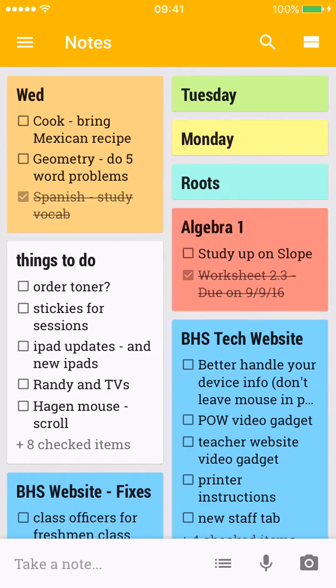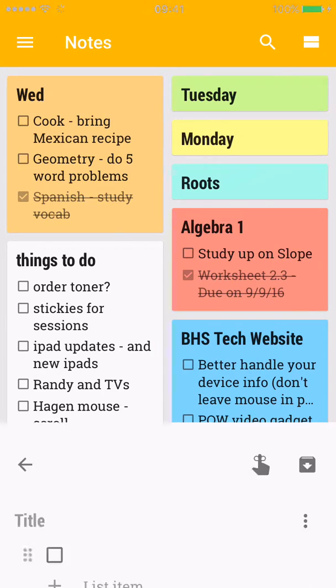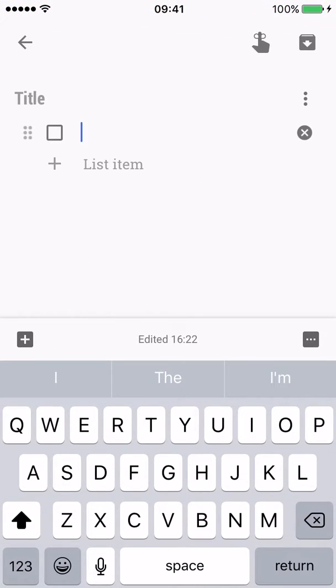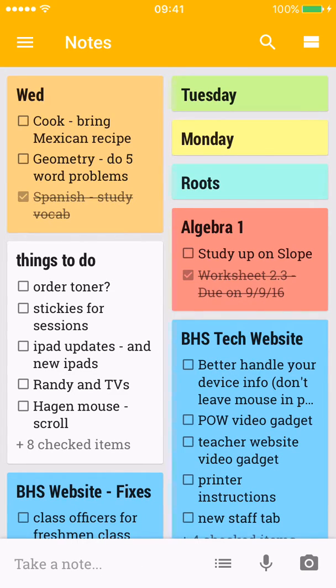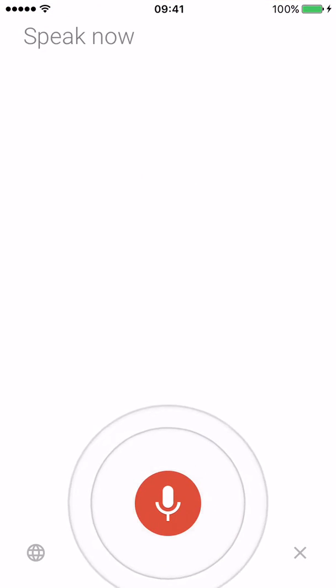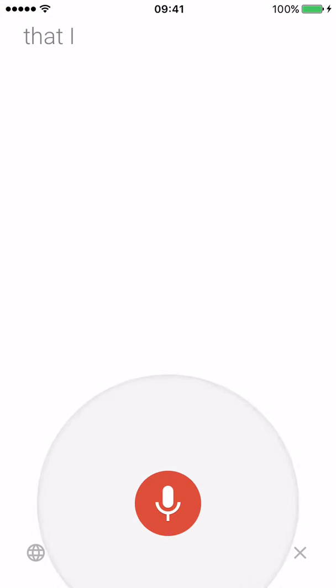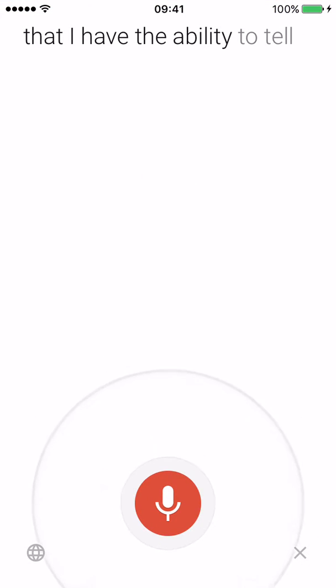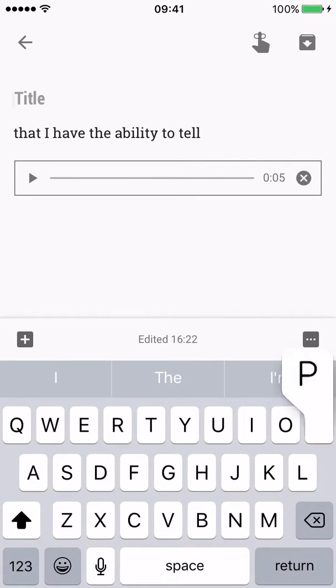But at the very, very bottom, I can take a note. I can also click on the list button and make my new list. What's really neat about the mobile version, you'll see that there's a microphone. So if I click that, I have the ability to tell Google Keep that I need to do worksheet 5.2 for Algebra 1. And so I have the ability to actually, I can title this, so I could say practice